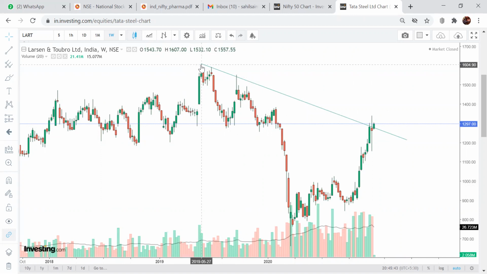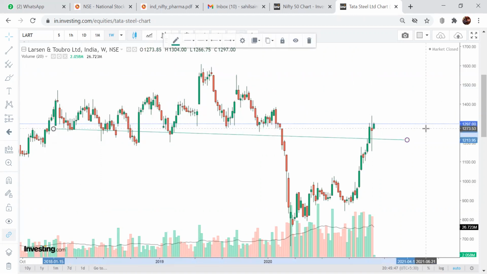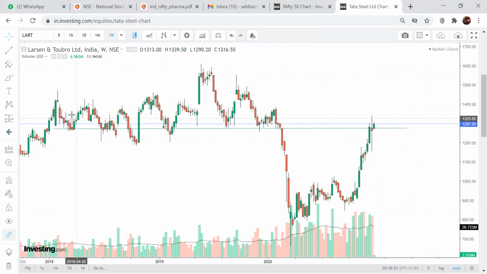Okay, just see this. I can draw it for you, guys. Just have a look at this price. Price respected this price a lot. It was not breaking, not breaking, and then broke and had a huge fall. It respected the resistance, and then breakout and sustaining very well. So